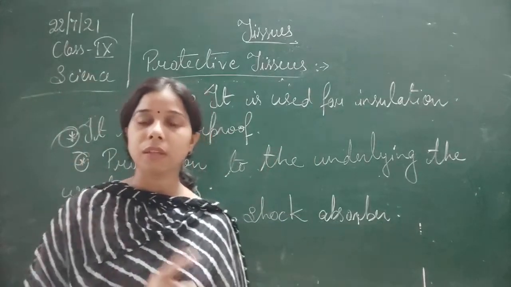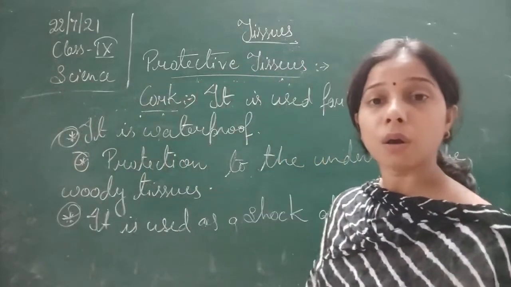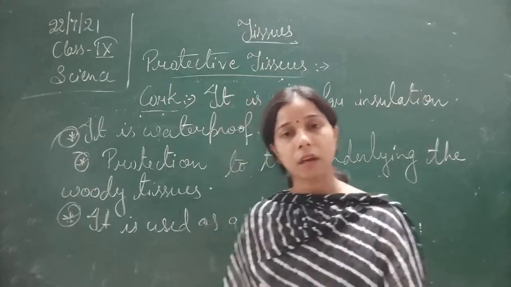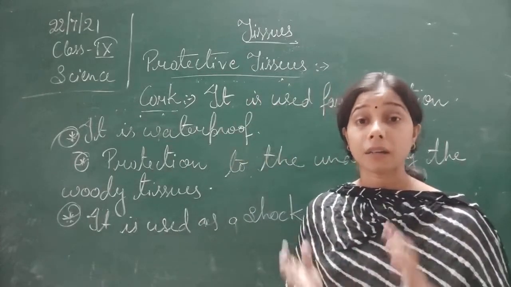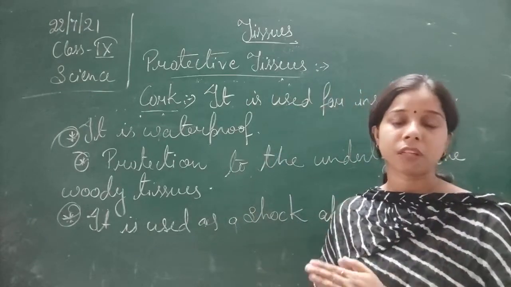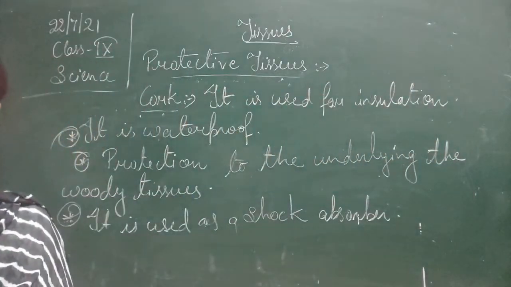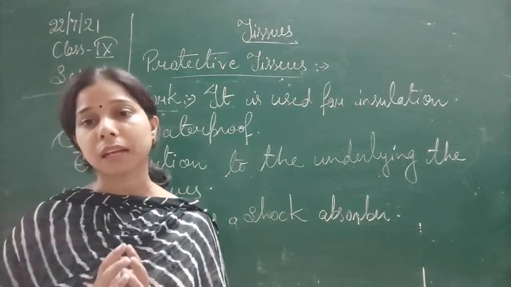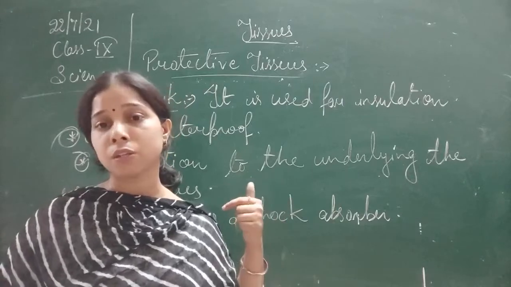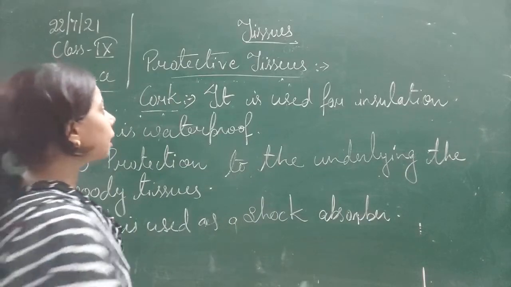So this is, students, these are the two different types of protective tissue, the cork and the epidermis. Both of them are helpful. They are there in order to protect the underlying tissue, meaning beneath tissue, giving protection to the underlying tissue. Okay, so this is about the protective tissue. So we have understood here the different kinds of tissues in plants, including the meristematic tissue, then permanent tissue, and finally the protective tissue also. So this is all about the plant tissue.